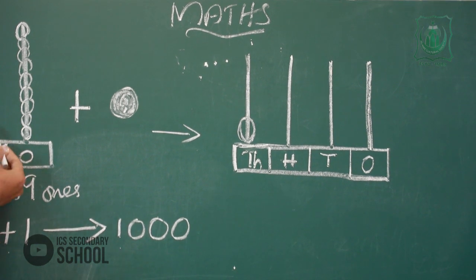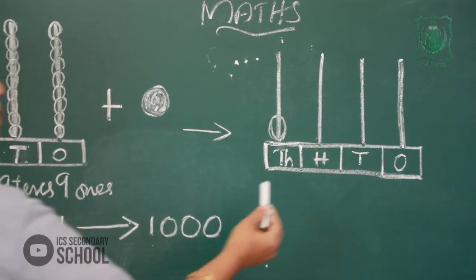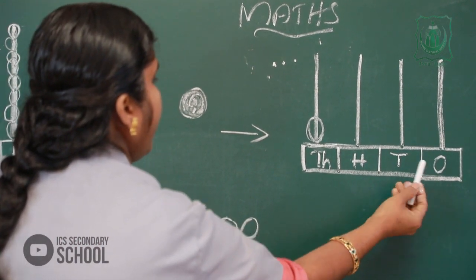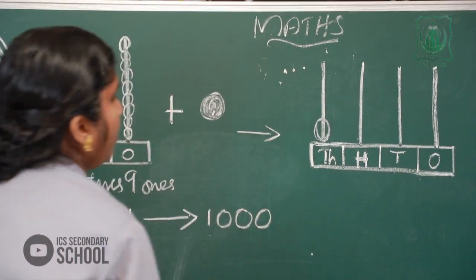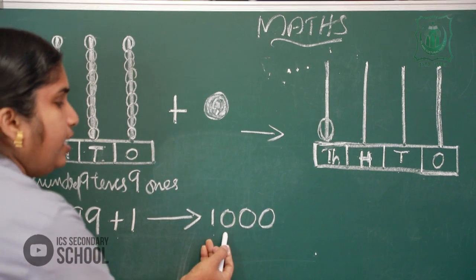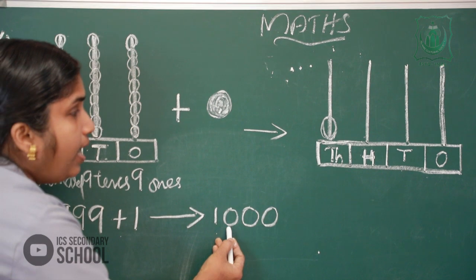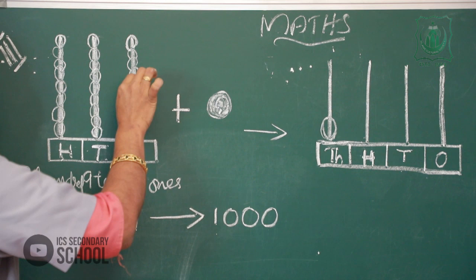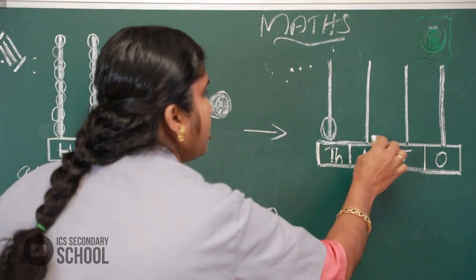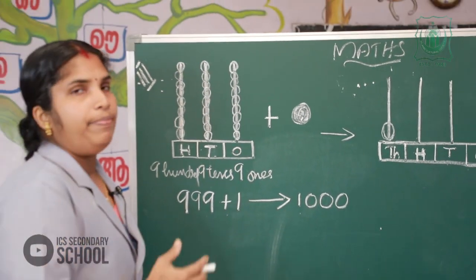These beads are now replaced and we leave them blank. The 1 place, 10 place and 100 place are left blank because in the number 1000, the 1 place is 0, 10 place is 0 and 100 place is 0. So we replace the beads here; the 9 beads are removed and it is left blank. Again, the 0 position we leave blank.